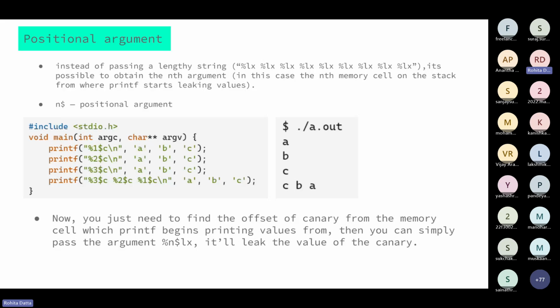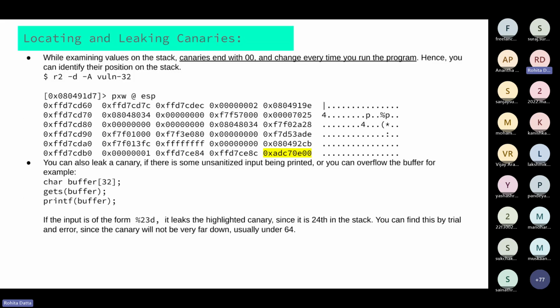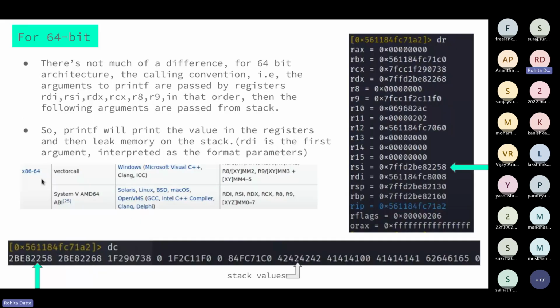And you combine that with a format vulnerability. Suppose I don't want printf to print RSI and all these registers, and I want to start printing the stack values, and I don't really want it to print the A's or B's that I gave as input. I want it to print out the canary value. What I could do is,